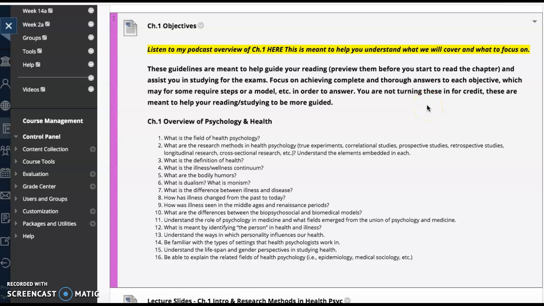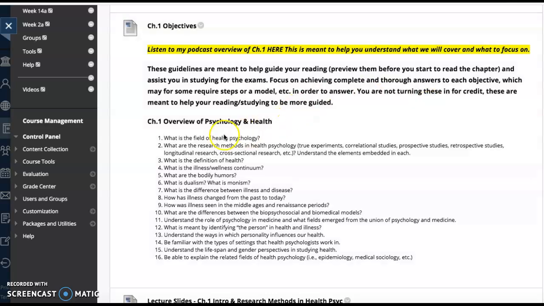So, this is the podcast overview for Chapter 1 of your Health Psychology textbook by Serafino and Smith. And the purpose of this podcast is really just to go over the objectives that you'll be needing to understand for this chapter. So, each one of these objectives that I have here are zoning in on key points for